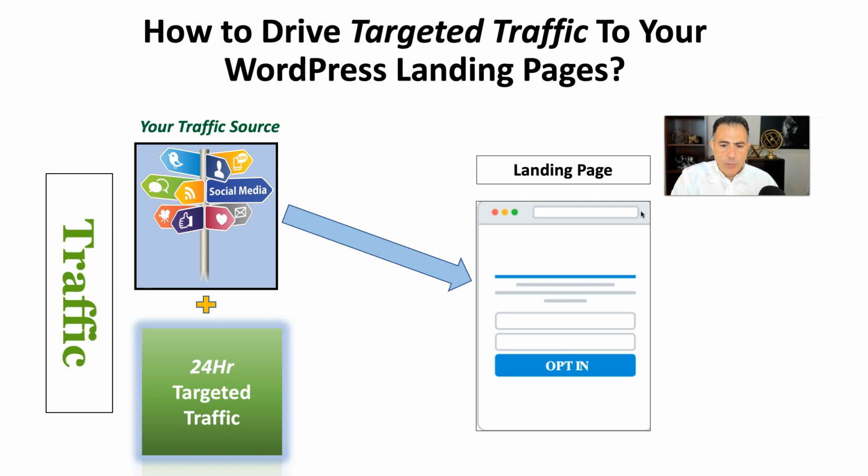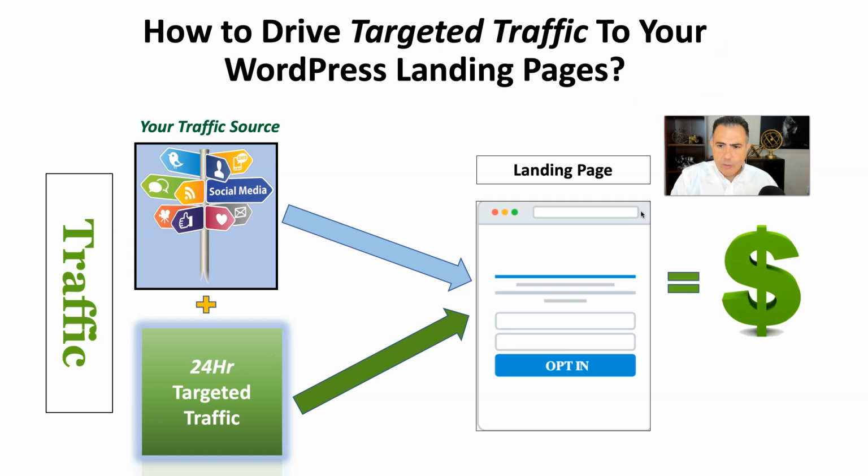So the best way to do it, and that's the way we do it all the time for us and anybody that we work with, we go to 24-hour targeted traffic about whatever you are selling. So when you combine those two together, it's going to be much more beneficial for you as far as money. The money is going to start coming much faster, and you're going to build your list much faster, and you can sell them some other products as well.